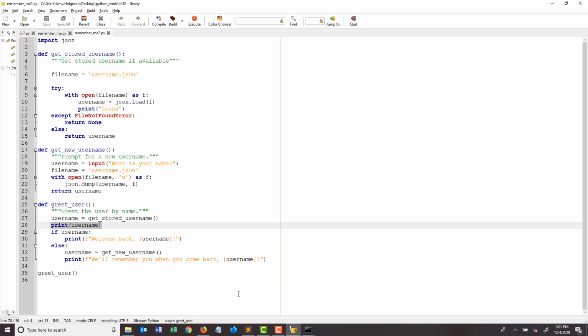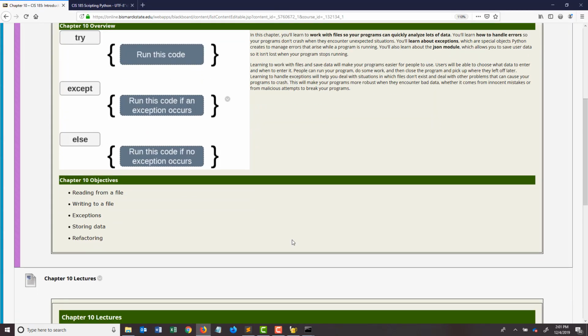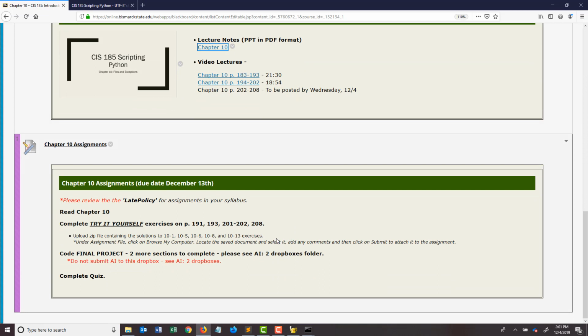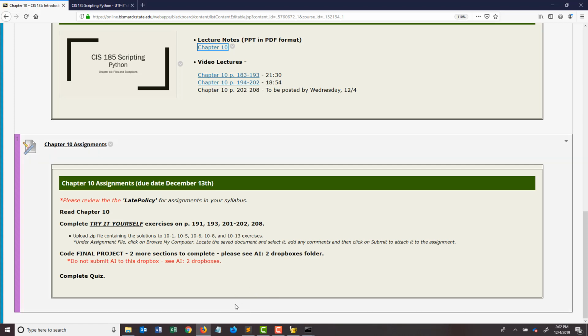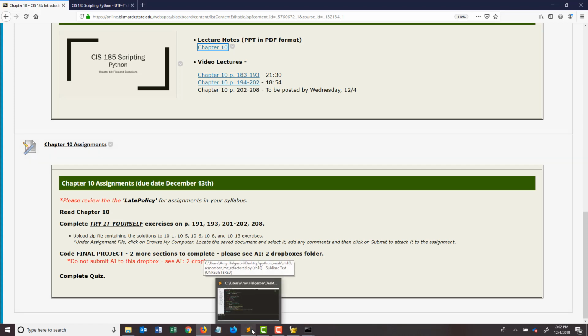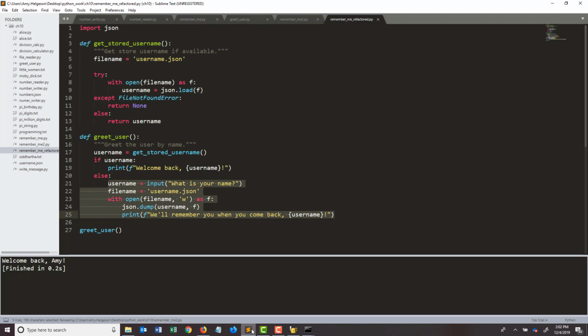So let's go ahead and look at the lab that I want you to do for this particular section. I don't have it highlighted in my book, so I'm just going to come over here and look to see which one it is. It is on page, it's 10-13, verify a user. So let's look at 10-13. It says, the final listing of Remember Me, the one that I'm currently looking at here, Remember Me factored,